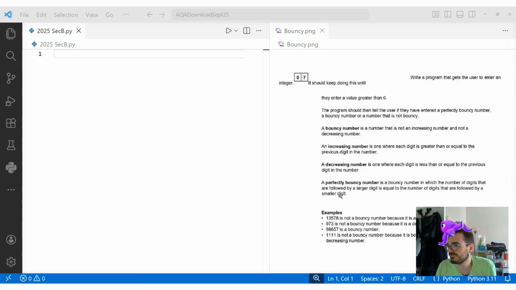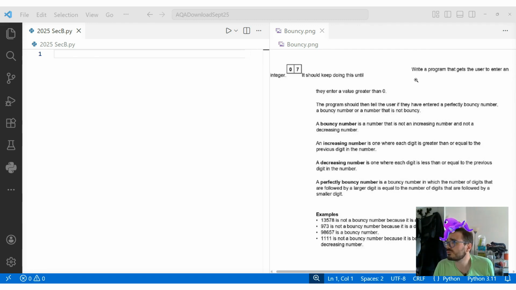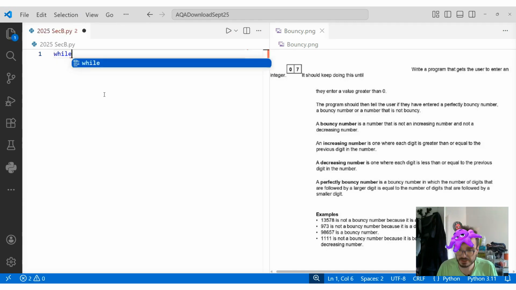But sometimes, if it had been capital B, it might have been Lord Bouncy, the owner of the original Bouncy castle. Write a program that gets the user to enter an integer. It should keep doing this, the program, not the integer. Well, I guess both of them, right? Until they enter a value greater than 0. So we know it's going to be an int, but we're not sure it's a strictly positive int. So we don't need to do type validation, just input validation,